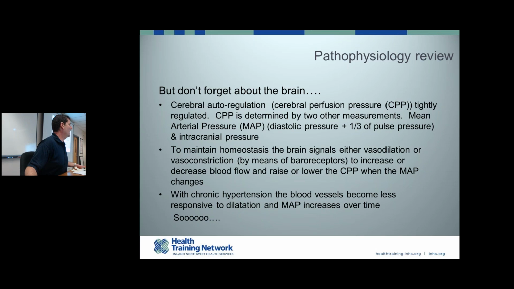For anyone who's got a LifePack, does it give you your MAP? Yes. Fantastic. I know the Zolls do too. So those are going to be things that we're going to be monitoring as well. So you might see some change of how we're monitoring besides just doing that. But when we're dealing with hypertension,